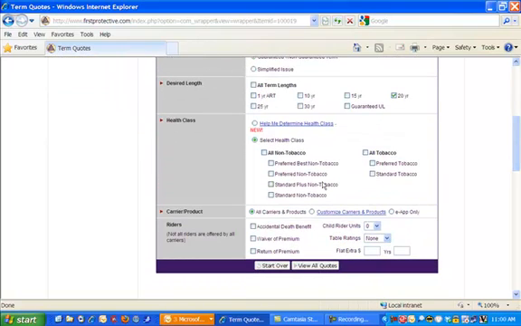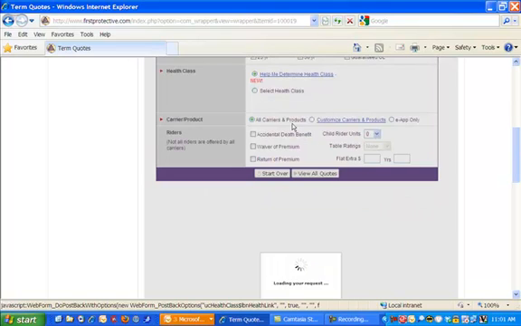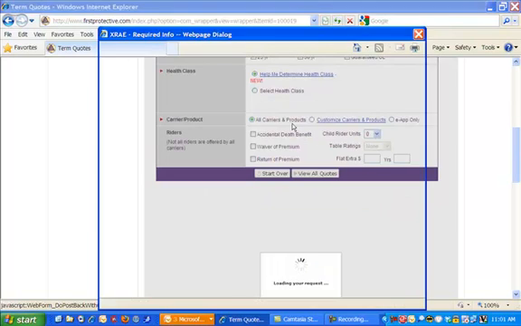Now, if you don't know your client very, very well and know specifically what health class, we suggest that you not select Preferred Best, but that you go with a Standard or a Standard Plus. However, our term quote engine has a great new feature that's in partnership with the X-ray vendor to help determine the health class, and we'll walk through that right quick because it is a great tool if you have your client there and you can ask them some questions to get a much more accurate